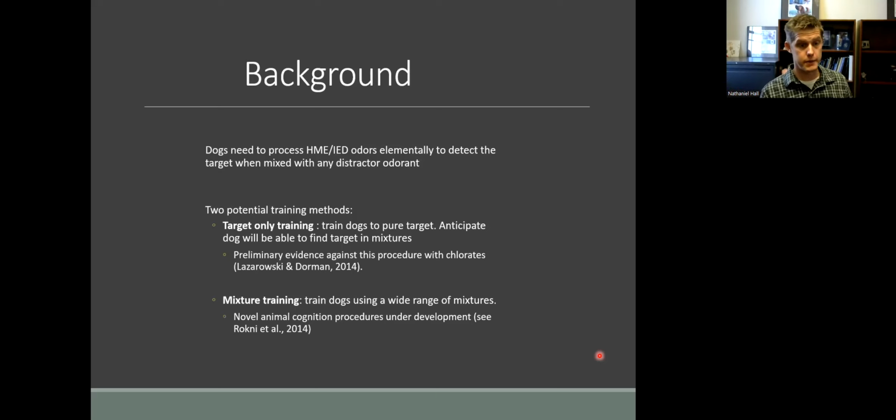With odors, this was recently done by Rogny et al., who found that if you give rodents a wide range of target odor mixtures and a wide range of non-target odor mixtures, they can actually learn to separate and successfully categorize a wide range of target odors from non-target odors, similar to the pigeons being able to demonstrate with novel pictures whether something was more Picasso-like or Monet-like. Our question was, could we use a similar training approach to ask dogs if they could separate something that's more ammonium nitrate-like versus not ammonium nitrate-like?